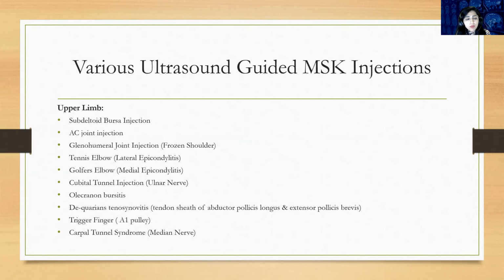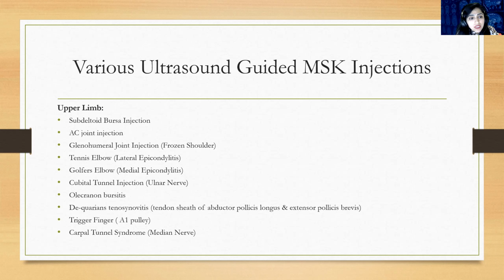And if we start from the upper limb, I will start from the shoulder joint. I think the subdeltoid bursa injection is the most common injection we are performing here in our practice, and moreover in Australia, because the shoulder, I think, is the most used joint. And since the subdeltoid bursa is a narrow space, and because of the higher athletic activities, all the activities which include the overhead movement of the shoulder cause inflammation of the subdeltoid bursa.